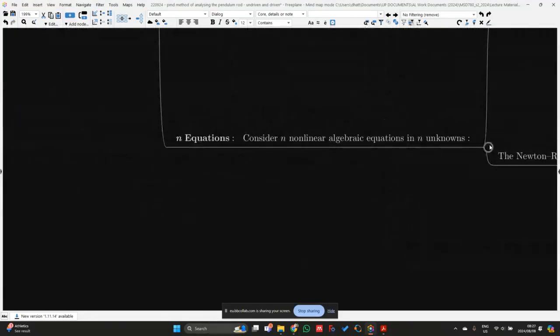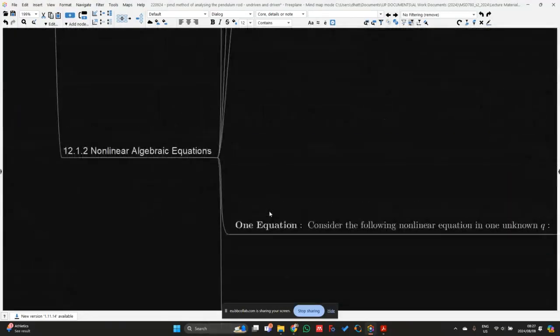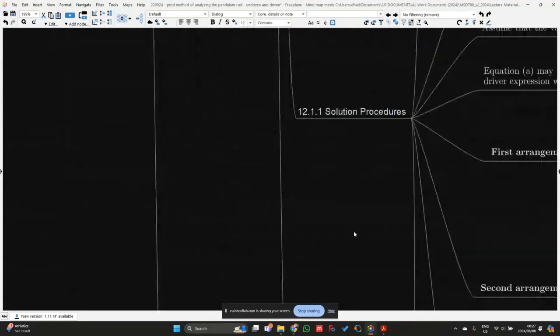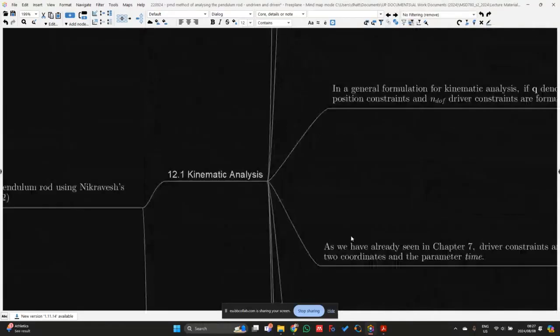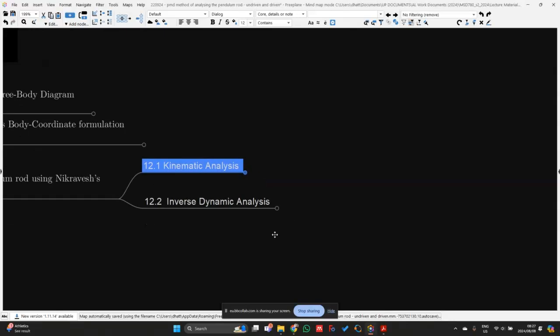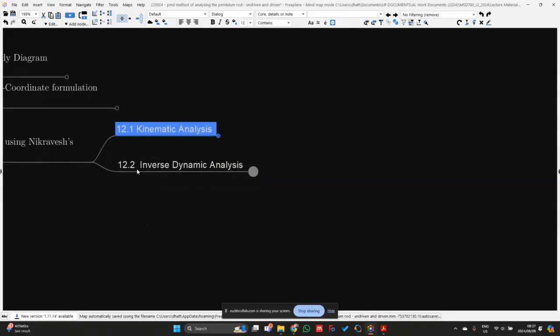Okay, so then I think this wraps up the nonlinear algebraic equations, and also the kinematic relations that we wanted to look at. So at the moment, we haven't really considered any dynamic properties. We haven't really looked at how the mass matrix, well, we did actually look at the Jacobian matrix, how that can have an effect on the kinematic analysis. But now instead, we want to jump over to section 12.2, which then